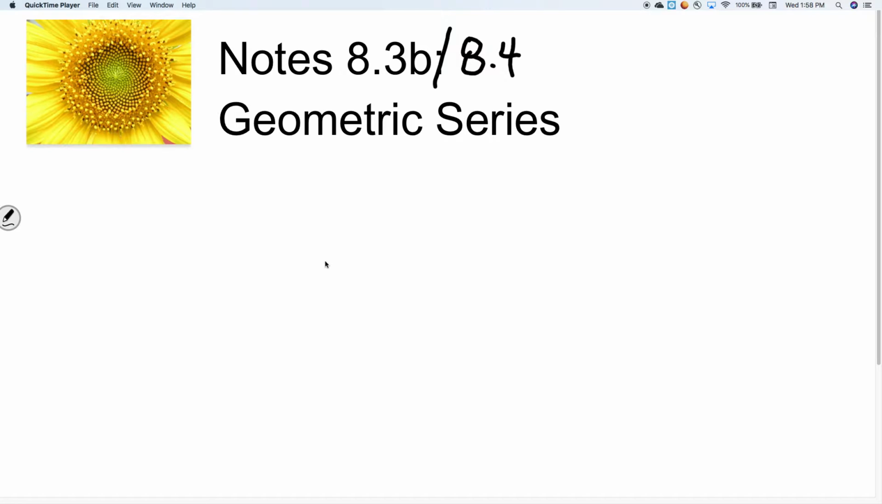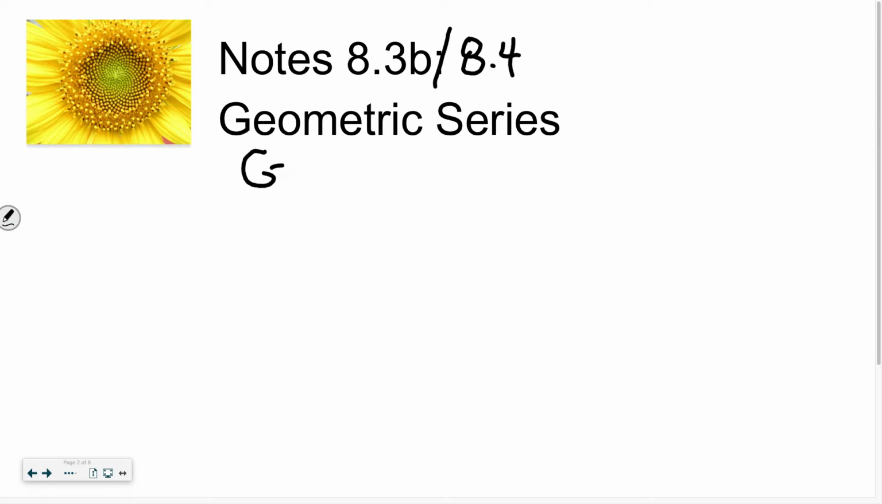Okay, can you remind me what's special about a geometric sequence? It's multiplication. Yeah, you keep multiplying by the same thing every time. What do we call that thing that we multiply by every time? The common ratio. Okay, so we multiply by the same thing every time. A geometric sequence has a common ratio,